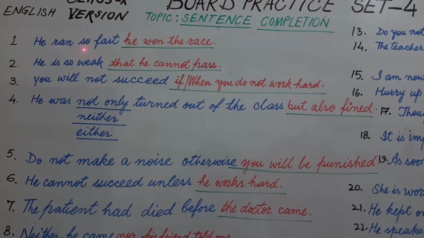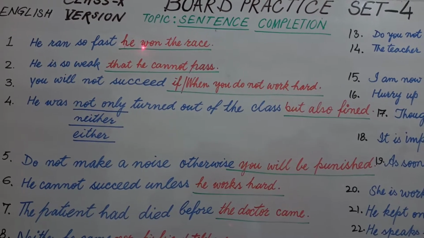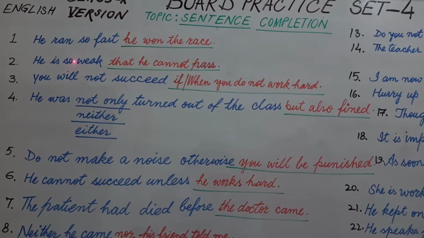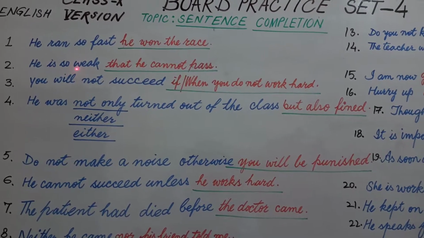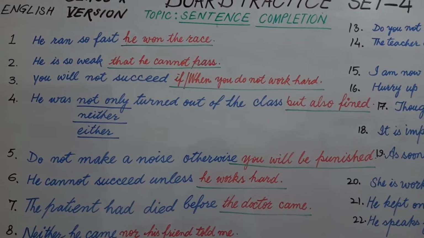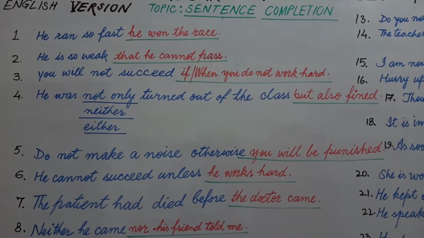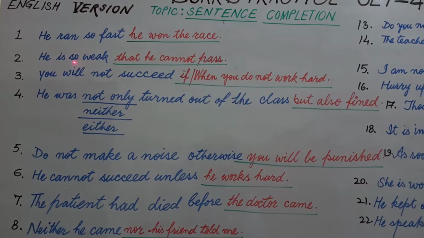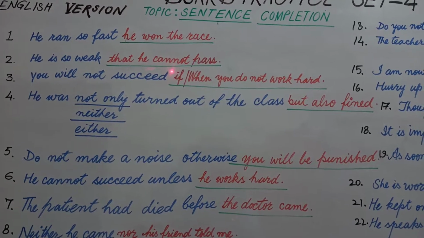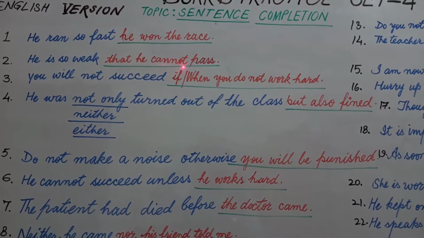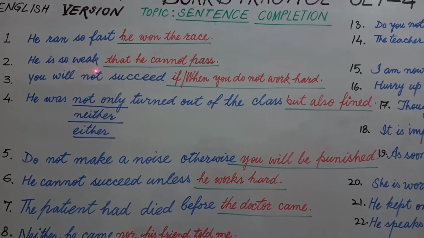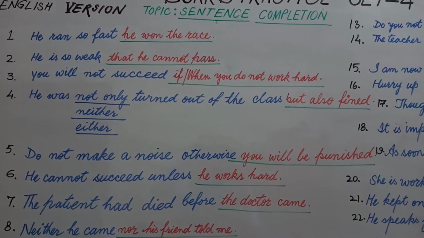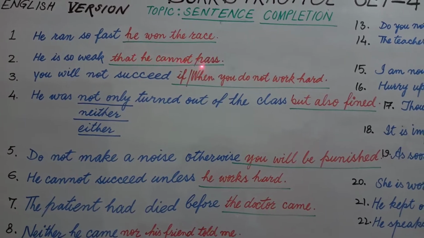So if it is positive indication, you write some positive result, and if it is negative indication in this first clause, you write in the second clause a negative result. What is clause? Clause is a part of a sentence which has its own subject and own verb, and this is second clause. It has its own subject and own verb. So I'm saying it a clause. This part is a clause.